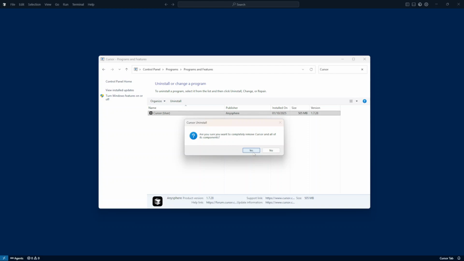Finally, to complete the uninstallation process and ensure all changes take effect, restart your computer. This step is crucial as it allows your operating system to refresh and apply all alterations made during the uninstallation process. Once your computer reloads, you should find that Cursor AI has been successfully removed and your system is back